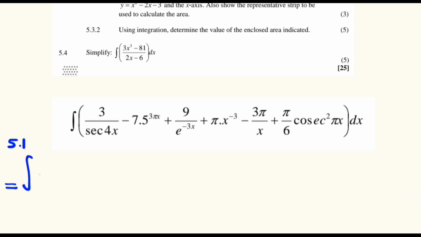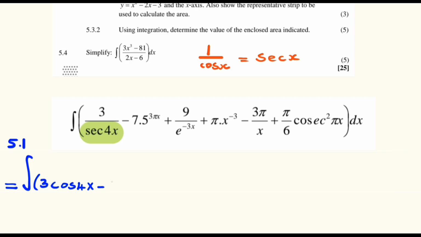So we have the integral of 3 divided by the sec 4x. Remember that 1 divided by the cos x is equal to the sec x. By cross multiplying, we will find that 1 divided by sec x is equal to the cos of x. So we are going to simplify this and write it as 3 multiplied by the cos of 4x